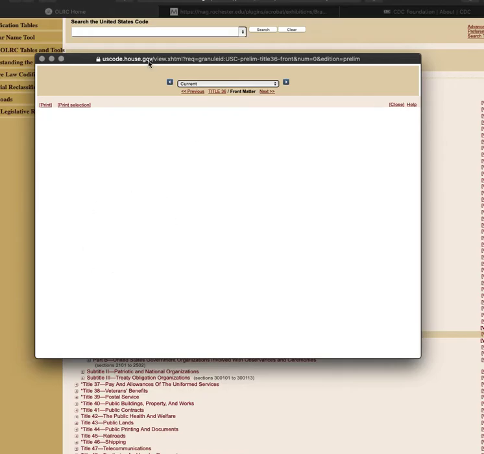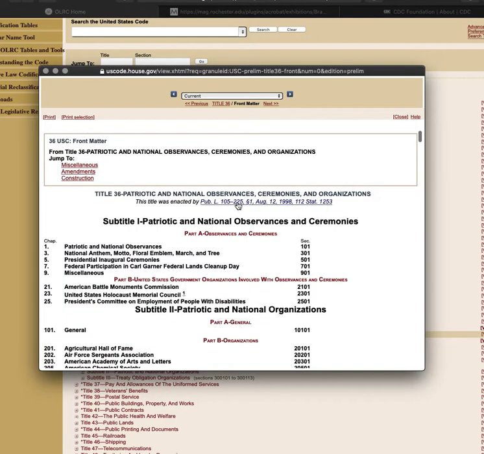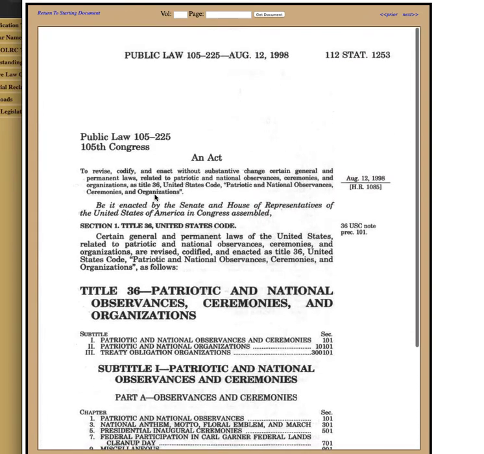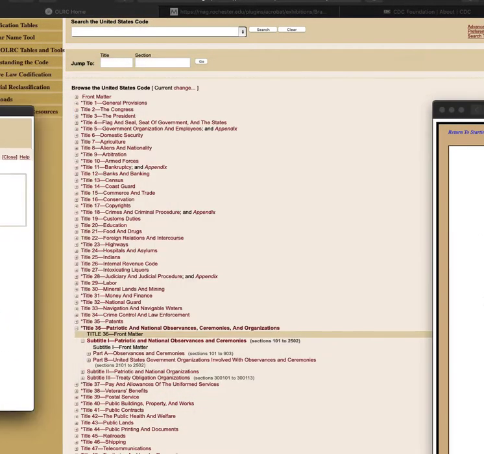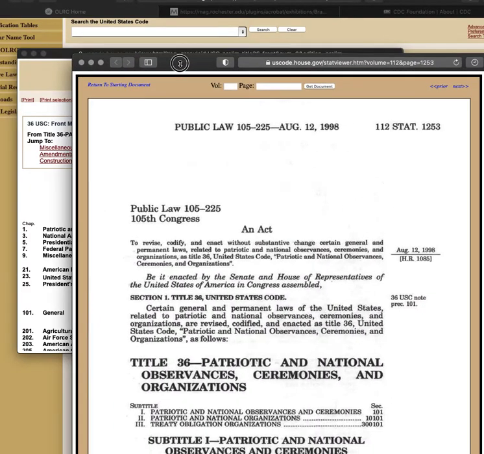So if the IRS brings you into court and says, well, you have to pay this stuff because of Title 26, well, Title 26 is not a law, which means they have no authority to do it. Now, in some of these public laws, it'll have a positive law citation in the public law. This one doesn't. This is like the first one that they show you here. Okay, so why am I showing you all this? Let's go back and do a little bit of review.